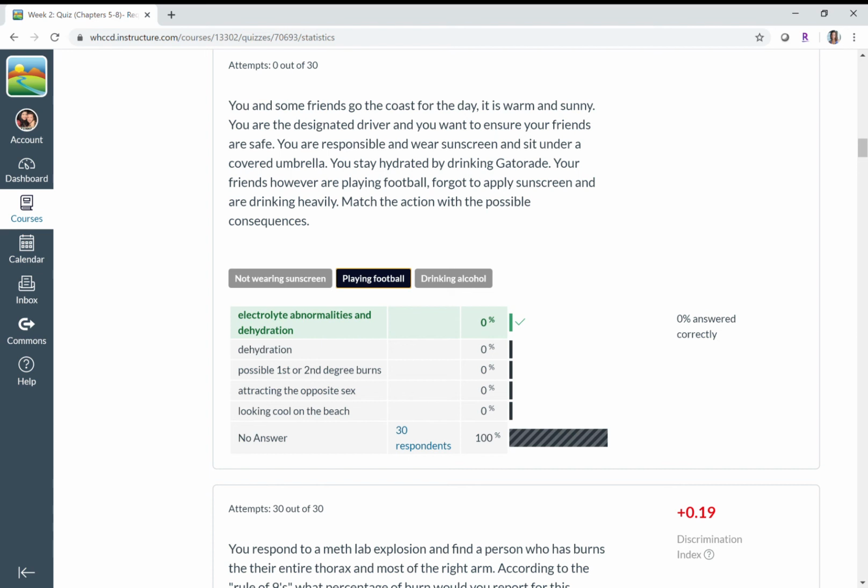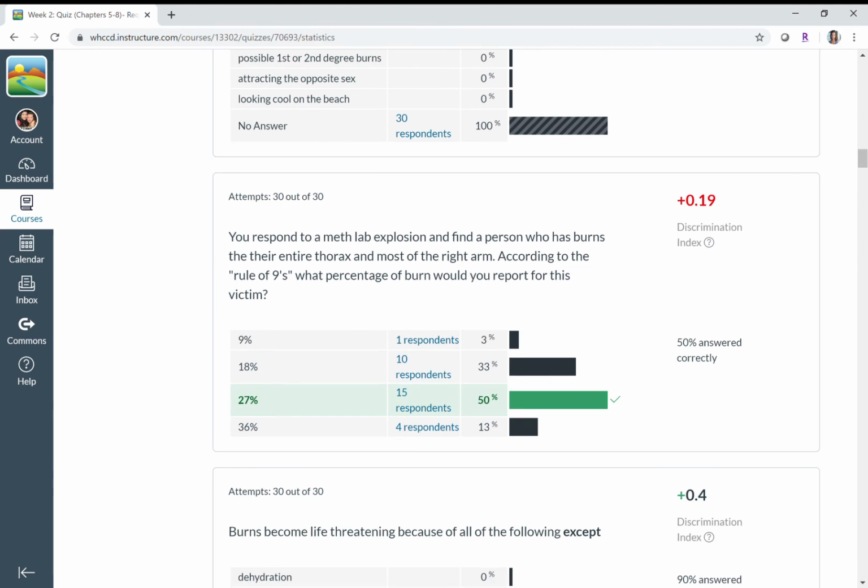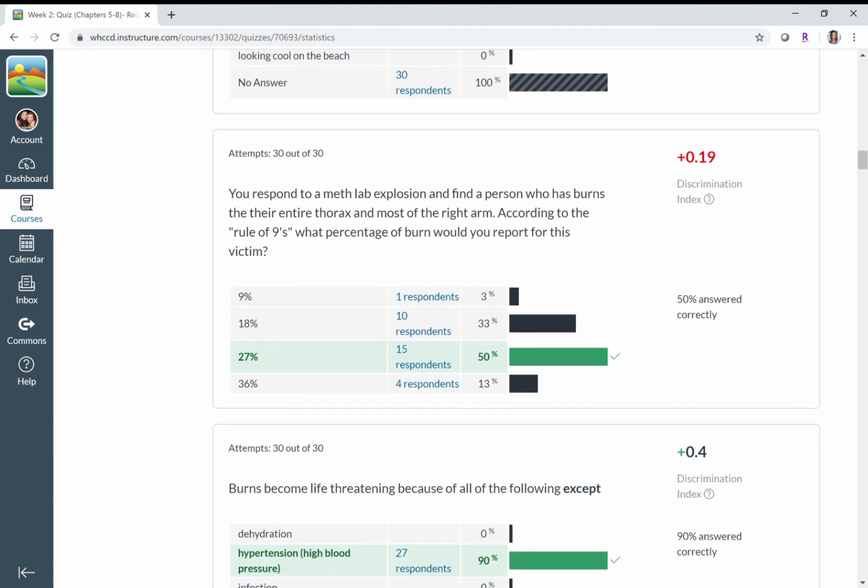Okay, we'll get into the meth lab explosion. I don't know why I chose to do a meth lab. It could have been anything. You could have been cooking hot dogs for all I care. Regardless of what this is, somebody got burned, and they got burned on their thorax and their right arm. Now I can't draw on this screen, but if you can imagine the anterior thorax,